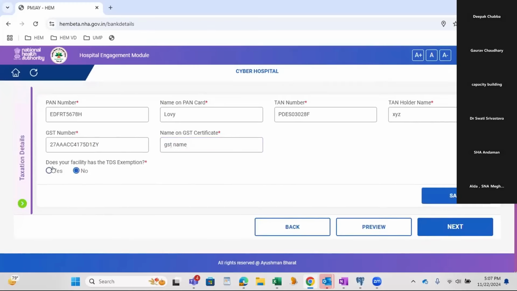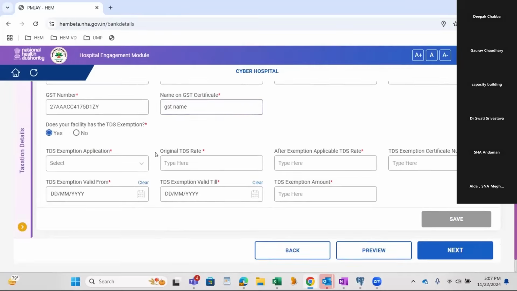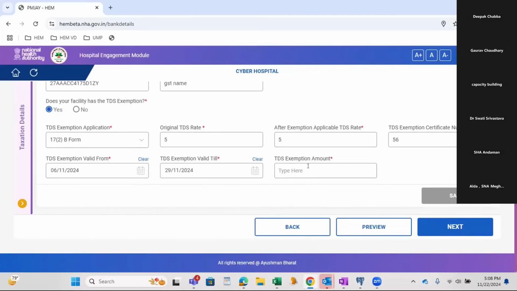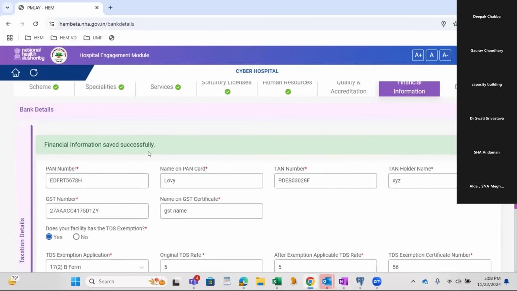If you click on no, save is enabled. If you click on yes, then you have to fill additional fields like TDS exemption application, original details. So let me fill all these details as well. Certification number. Click on save. You can see financial information saved successfully.